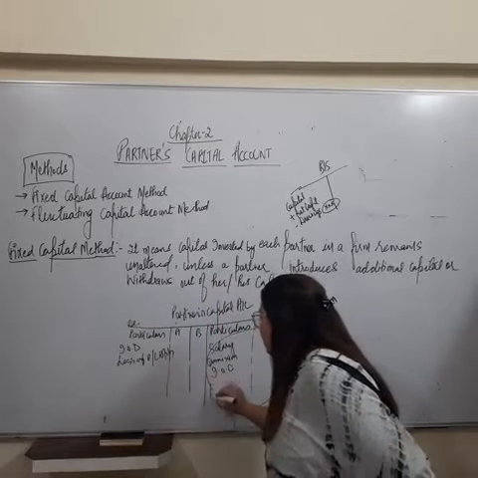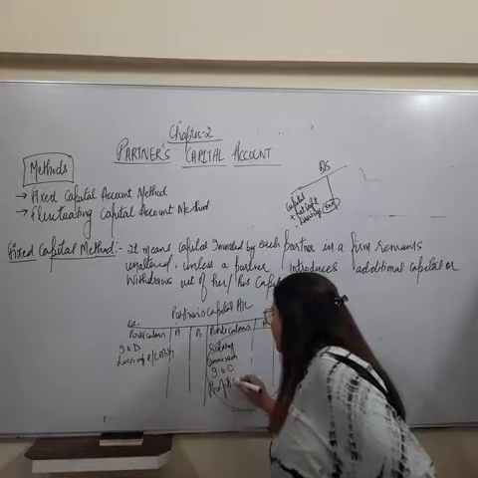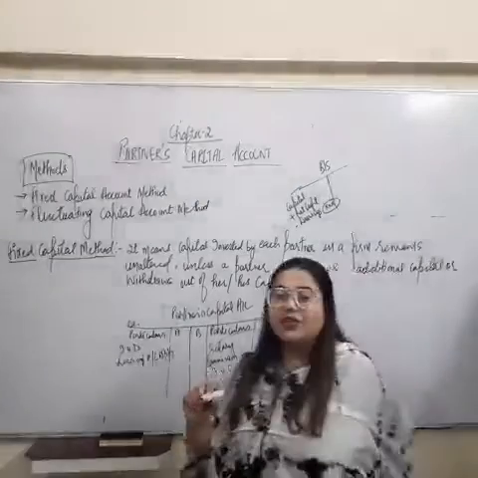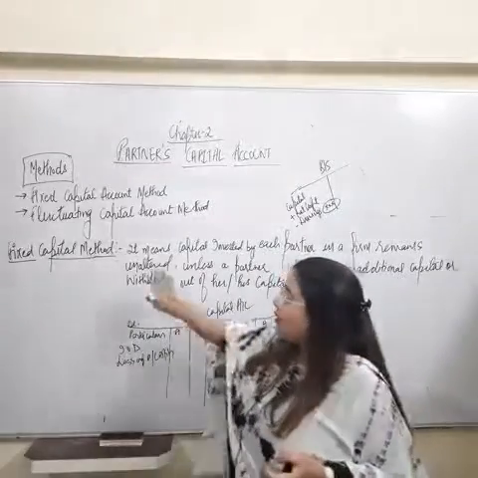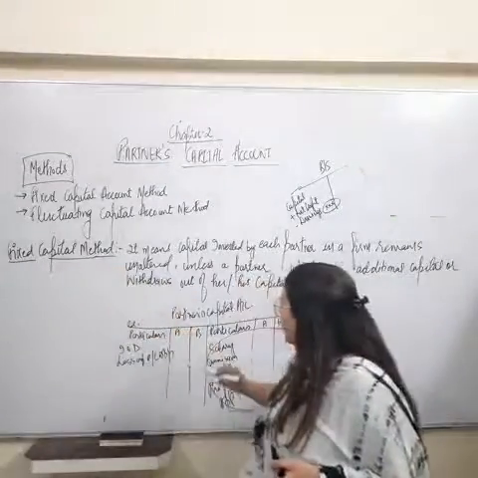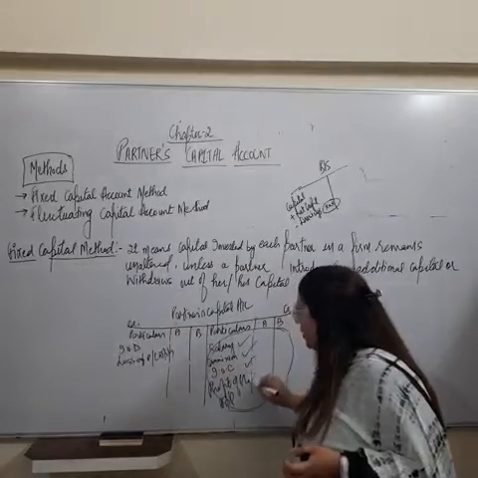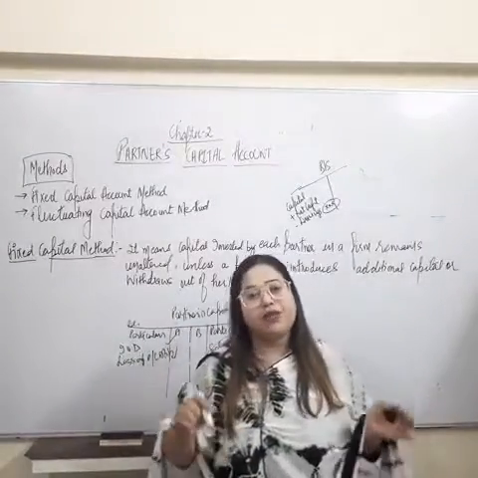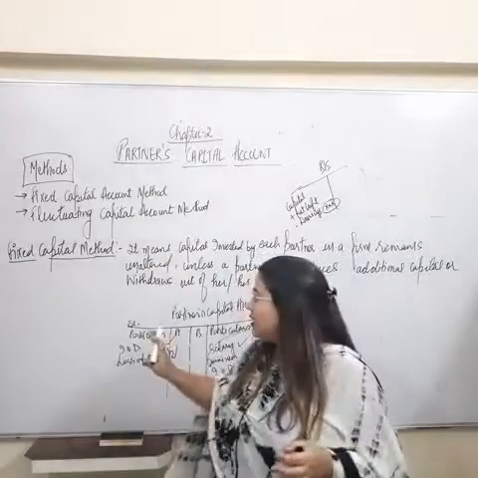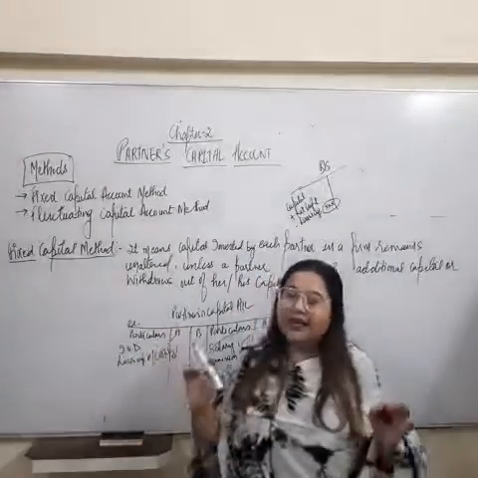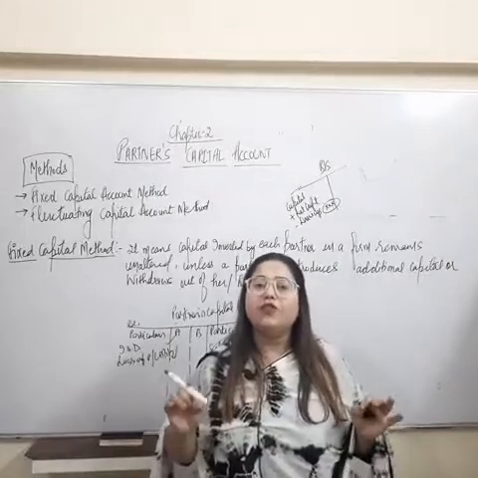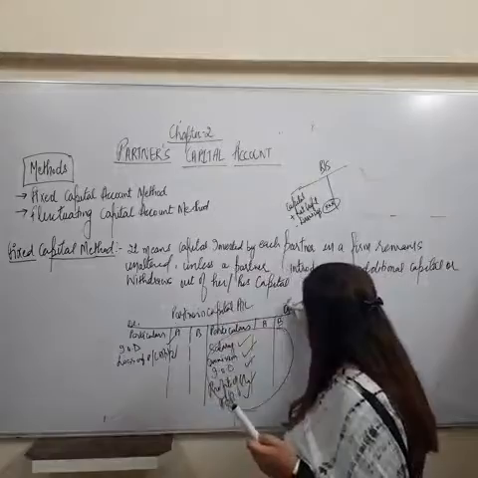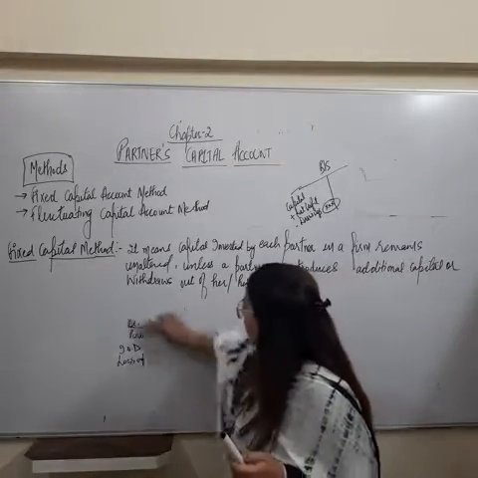Here profit will increase. It means if only capital introduction and capital withdrawn is to be recorded in case of fixed capital method, then where will these items be recorded? All these things except capital withdrawn and capital introduced. So this is why in case of fixed capital method we have to maintain two accounts, right? So here we have to maintain two partners capital accounts.